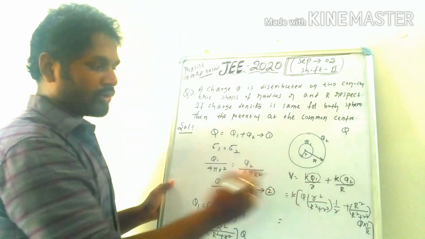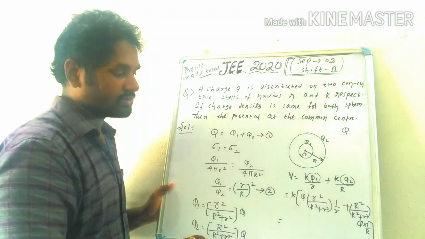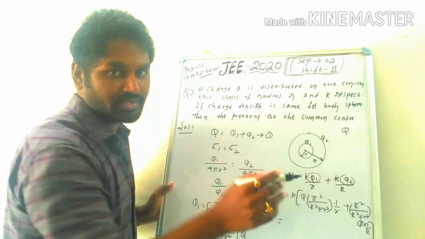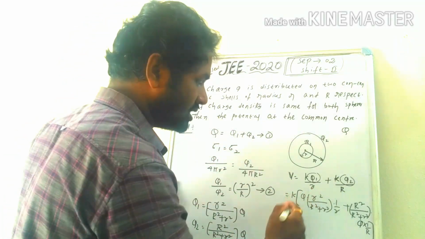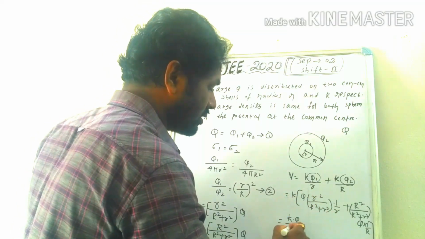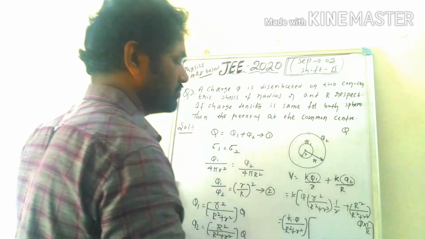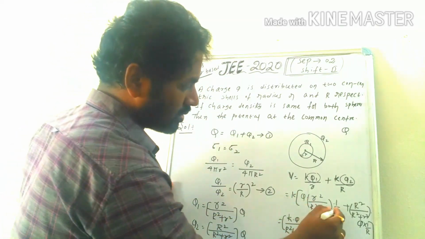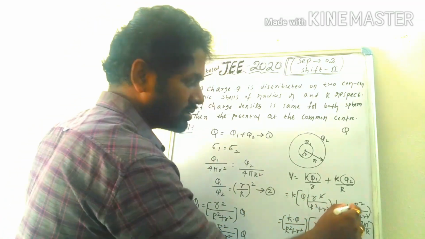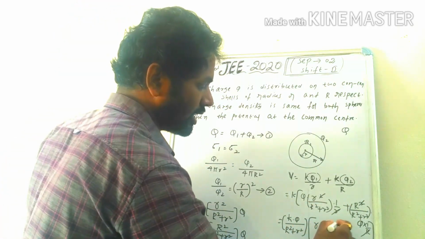And what is common there, you can take outside. You can see capital Q is common in both the terms, and the denominator capital R square plus small r square is also common. Then taking these two outside, you will get KQ divided by capital R square plus small r square into, so what is left here: in the first term, r is cancelled out, then you will get small r. In the second term, this r and this r will get cancelled, you will get the capital R.